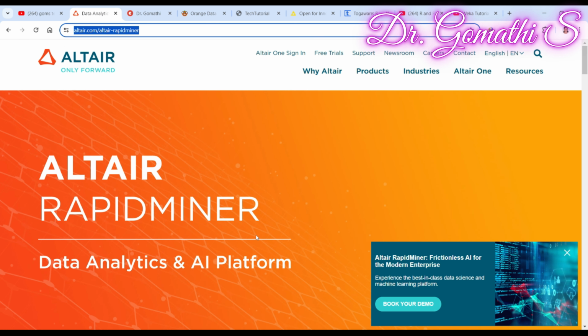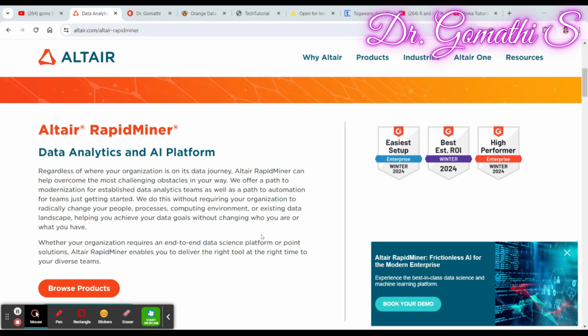So let us talk about the very first tool called RapidMiner. RapidMiner is an effective tool that you can use. It addresses complex problems like accessing data from various sources and semi-structured formats like PDFs, spreadsheets, and text files. The raw data often lacks cleanliness and accuracy, which really needs a transformation process for its use in machine learning projects. So RapidMiner is a solution for that.